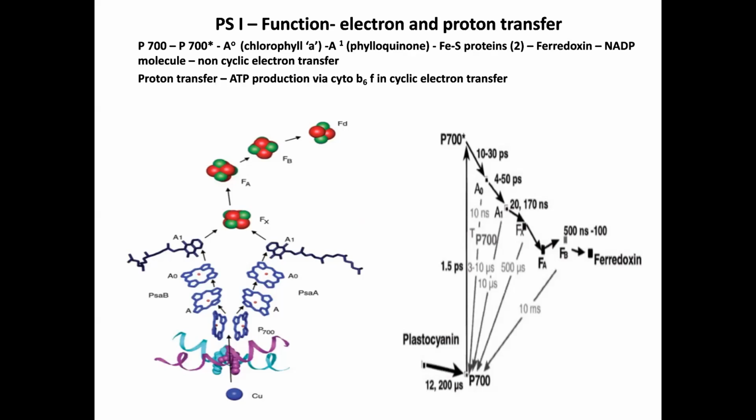The electron transfer chain is arranged in 2 quasi, that is almost symmetrical branches consisting of 6 chlorophylls, 2 phylloquinones, and 3 iron sulfur clusters, that is FX, FA, and FB. P700 is composed of a chlorophyll pair, chlorophyll A and chlorophyll A prime, that are not identical and therefore deviates from perfect symmetry. From A0, the electron is transferred to one of the 2 clearly resolved quinones and from there to FX. From FX, the electrons pass on to FA and FB, finally to pyridoxine, which is loosely bound to the thylakoid membrane.